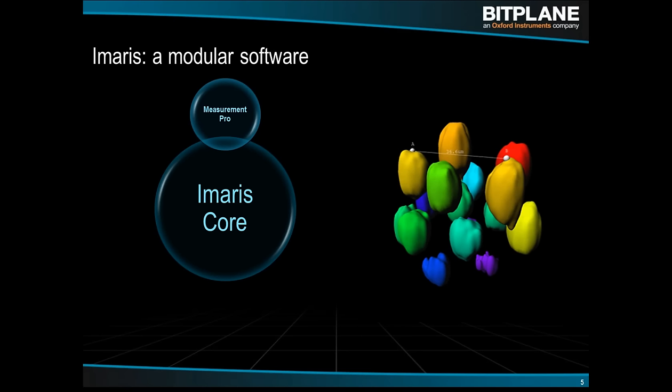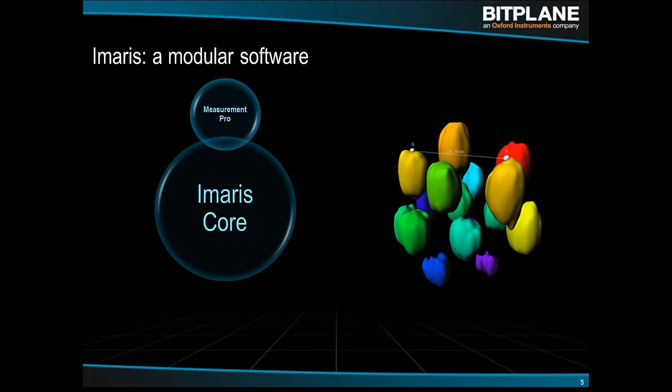could be any number of ways to do that. We'll talk a little bit more about it later. But in the core module, we could see those surfaces and render them and rotate them and take snapshots and make movies, but we would not be able to extract information about the volume and intensity and so on, shape, etc., of each one. So Measurement Pro adds the possibility for each object that you segment or detect or extract